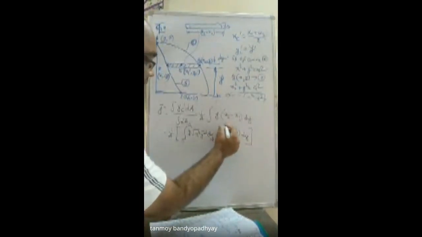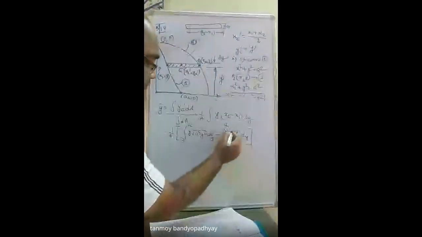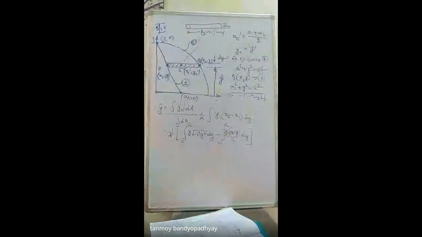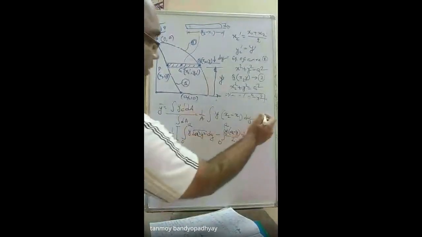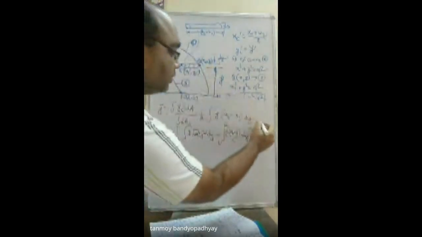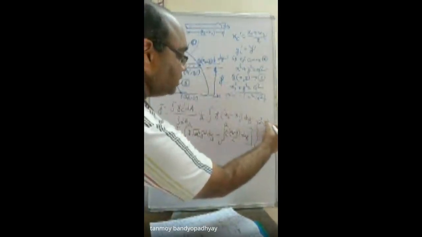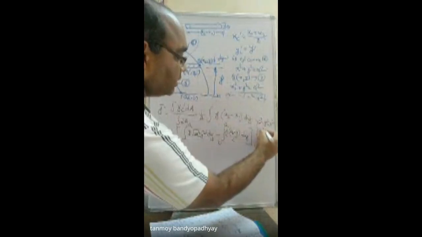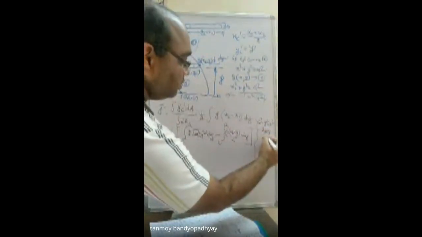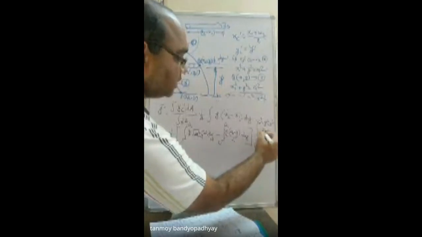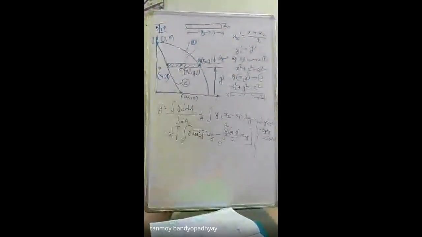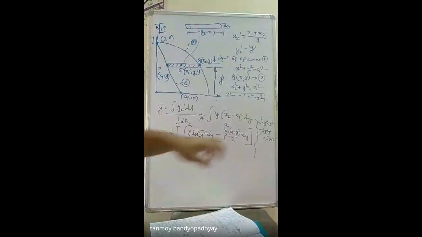So it's a difficult integration. I hope you can do it. This one is easier, you can do this easily. And for this case, I hope you can take a square minus y square is equal to z square, and that will solve the purpose. You will be getting y dy in that itself. So a square minus y square is equal to z square. So minus 2y dy is equal to 2z dz. So 2 cancels out, and you are getting y dy. This one becomes z. So I hope you can do the integration using this substitution.